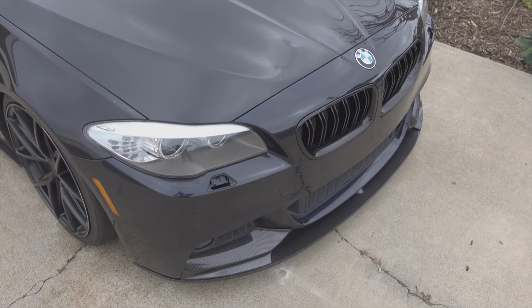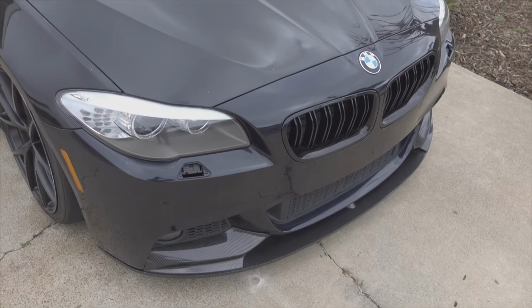A lot of my BMWs that I've owned in the past, I've always planned on buying a cool front lip to kind of close out that look, but for some reason or another I just never got around to doing it. So when I picked up the F10, I've known from the beginning that I wanted to buy a part like that, and so finally buying this one,